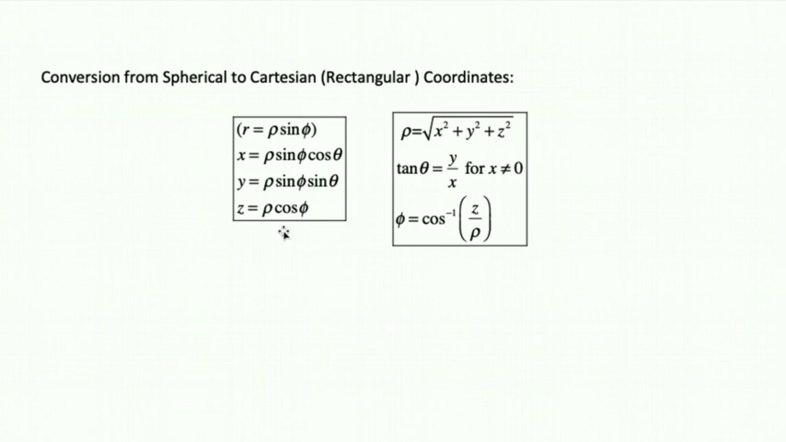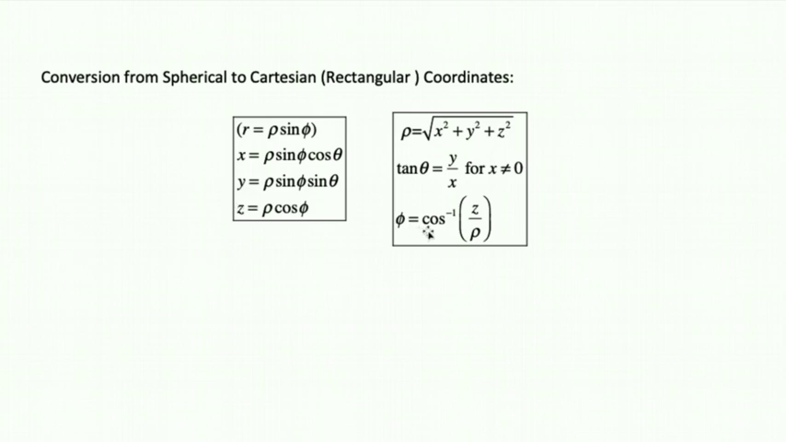And then finally, to find phi, the easiest way to do that is go cosine inverse of z over rho. So supposedly you know x, y, and z. You compute rho, divide that into z, and then take the cosine inverse. That comes from this formula right here, that z equals rho times the cosine of phi, together with the fact